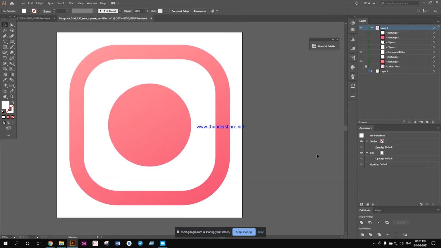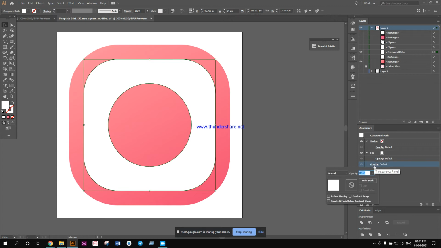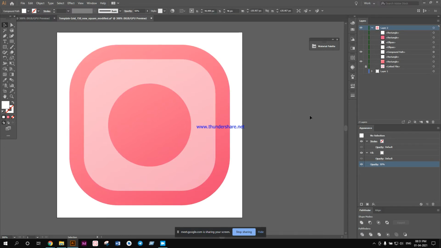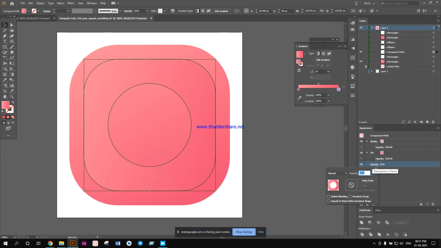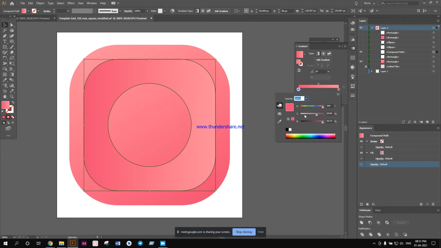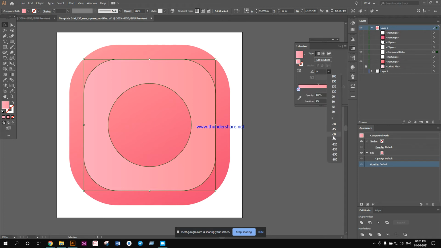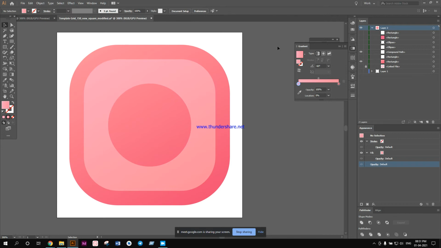Now if I do this, the icon will look very similar to the actual one. So what I'm going to do is decrease the opacity over here to 50% for the flip. Is it looking good or not? It's probably not looking that good. Okay, I can also do something in gradient for this one. Just here like this, change the direction, and for this one I'm going to select a color that is even lighter. Will that do? Will that look good? So it's all about trial and error.